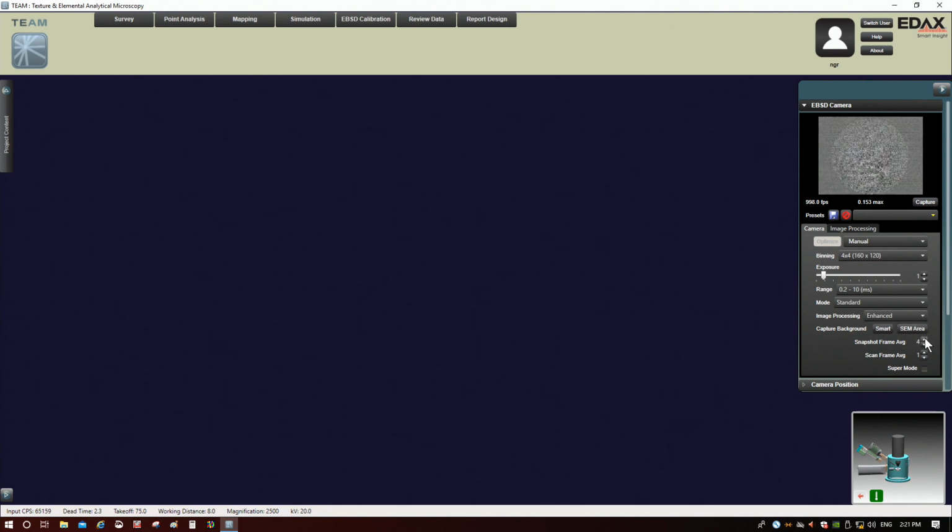If this was a sample that wasn't homogeneous, where you had different regions, like voids or holes or whatnot, you might... anyways, I'm kind of blabbing here a little bit, but you have your area there. It's usually just best to do SEM area. Okay, all right, so now we are going to